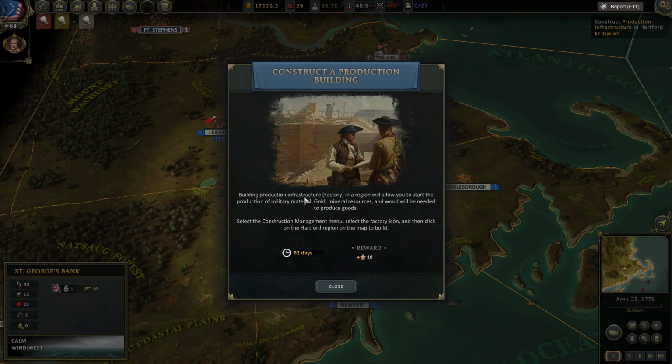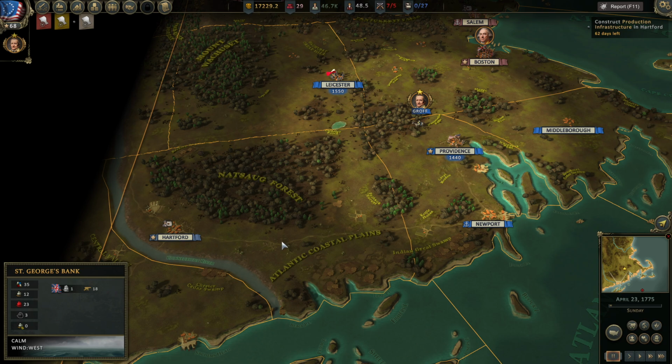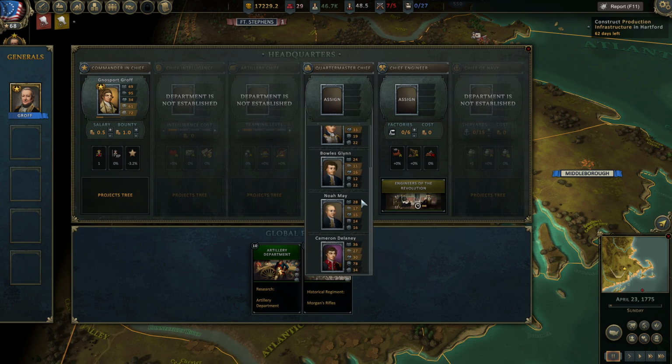Production, infrastructure, factory. This tooltip is a lot better. Now, we are already constructing it. We have 62 days on the mission, 35 days for it to be built. Alright, so these officers right here, Richardson and Cameron, can actually be deployed as regimental ones. Then Baton, Fitzpatrick, Boyles, Glenn, Noah May are naval officers. What I am going to go ahead and do...